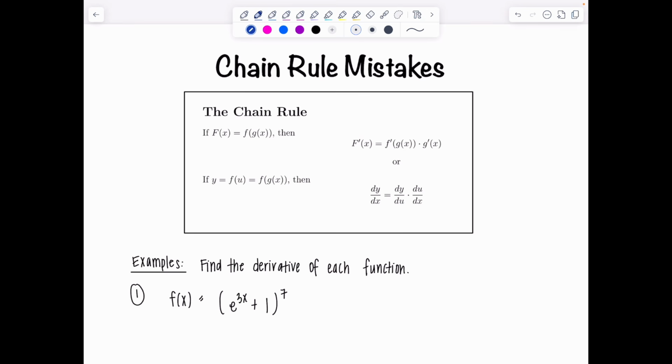In this video, we're going to go through the most common chain rule mistakes so you can stop losing easy